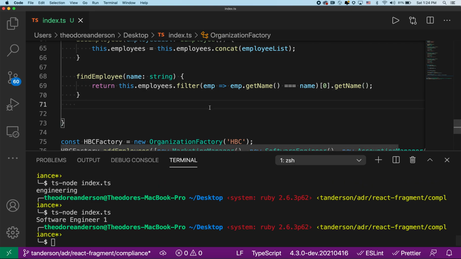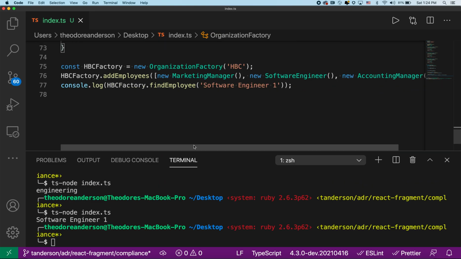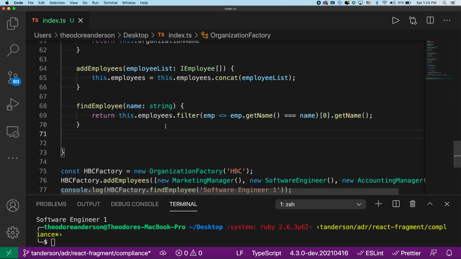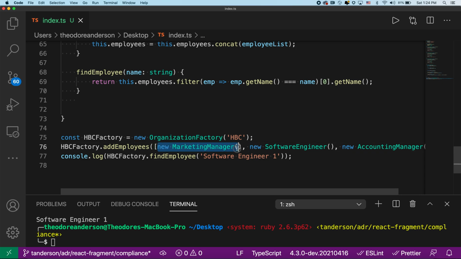Yeah. So that's basically the general idea, is that we can just create these factories, and the factory itself sort of does all the work. It's almost a combination of, it looks like a little bit of an adapter, because as long as these